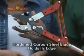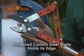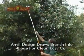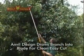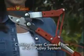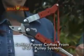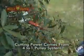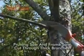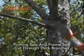The Tree Lopper has a hardened carbon steel blade that holds its edge for consistent cuts. Its anvil design actually draws the branch into the blade for a clean, easy cut with no kickback. But the cutting power of this tool comes from the 4-to-1 pulley system that magnifies the effort of your pull by 4 times. For branches that are just too thick for the loppers, Wolf Garden has an Interlocken pruning saw